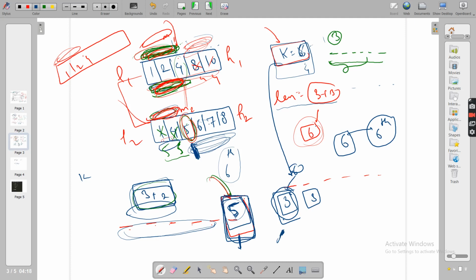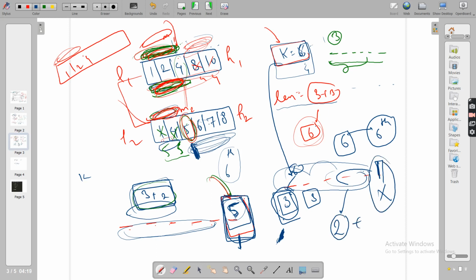You are getting 3 smaller elements before this. Let's say this was your target position, your x element was this. So before this you wanted 5 smaller elements, and you were getting 3. So how many smaller elements do you need right now? These 3 elements can be anywhere, but you need 2 smaller elements more before this x. So 2 smaller elements plus this x position.